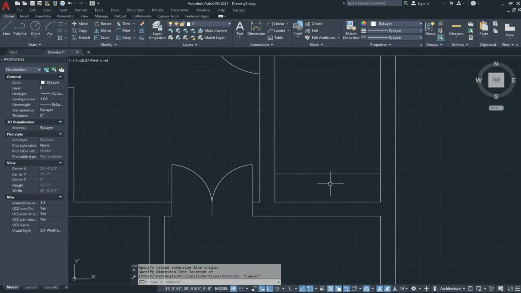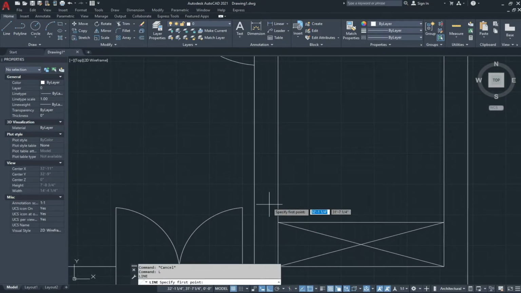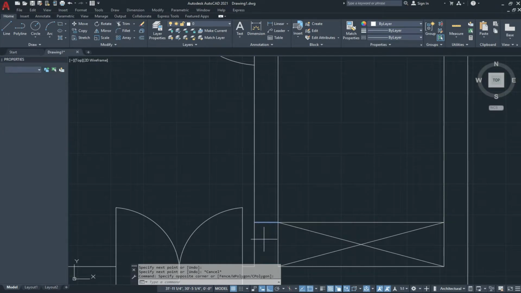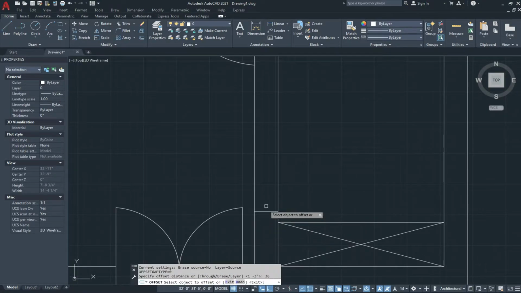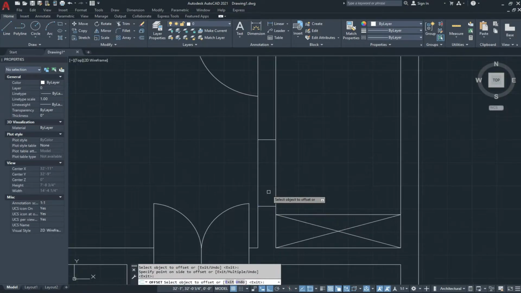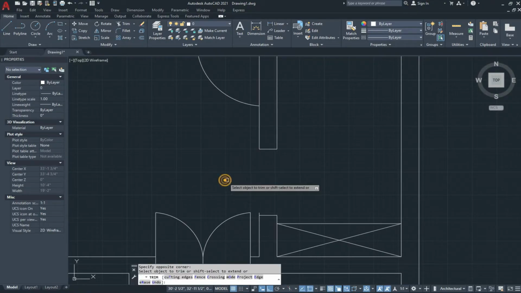...5 feet. Now we make a door here. Move this line 4.5 inches and give the offset 3 feet. With the TR double enter